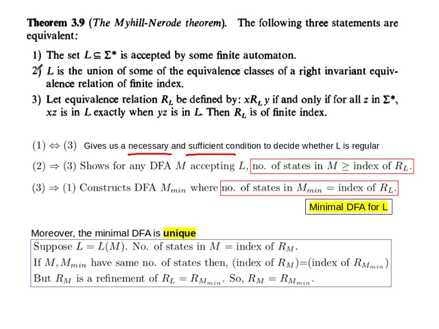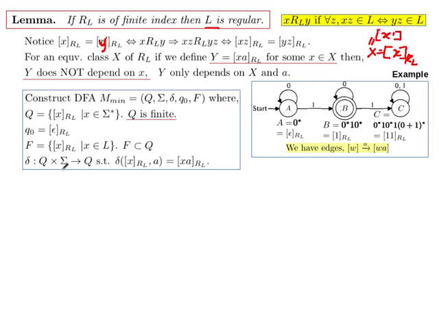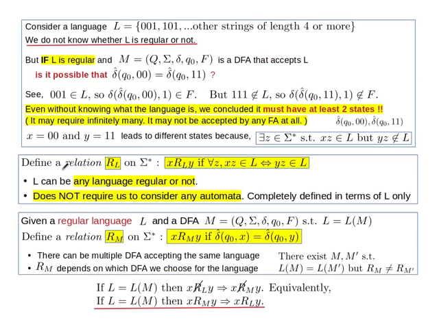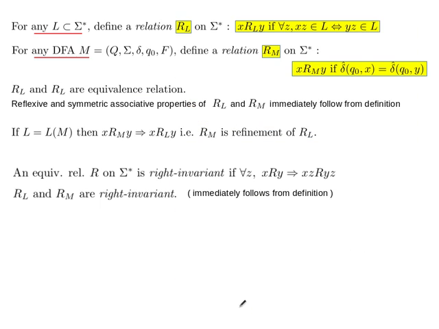And while proving this 2 to 3, here it really doesn't care about whether this L is accepted by some DFA or not, but if this is accepted by a DFA M, then we showed that this RM is a refinement of RL. Okay, so this in fact came at the very first thing. Here, in the first thing, we showed that this is a refinement of this thing, and so the index of